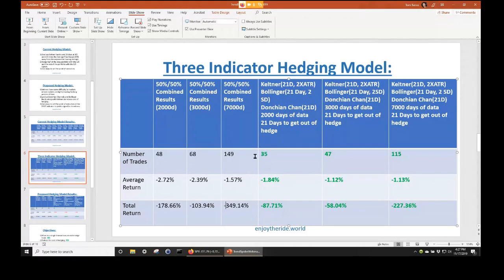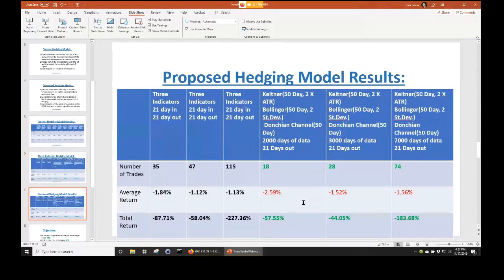And you can see we're doing less trades, less trades, less trades. We're reducing the cost of doing the average trade, and we're reducing the total expense of all of the hedge trades combined together. So it's very clear to me that this is a more desirable way to hedge. I tested